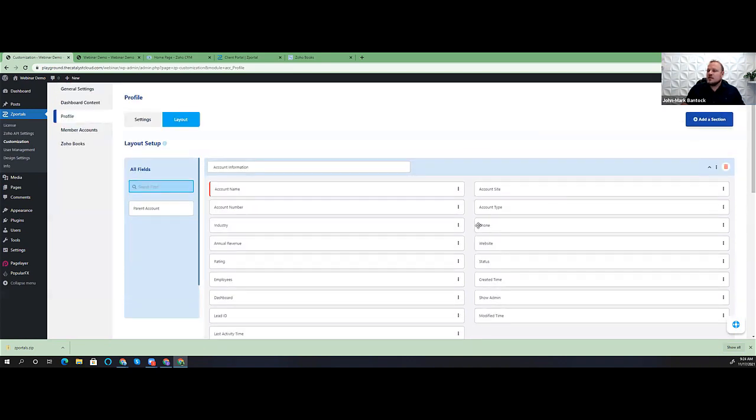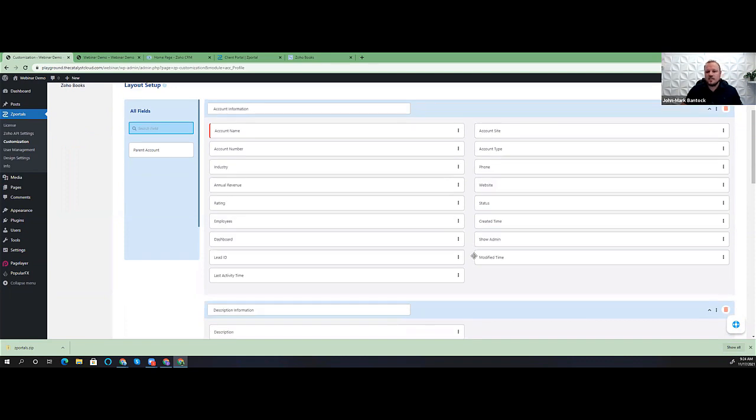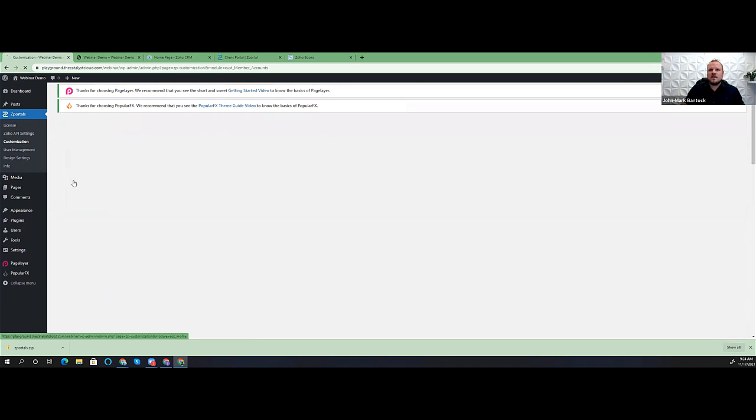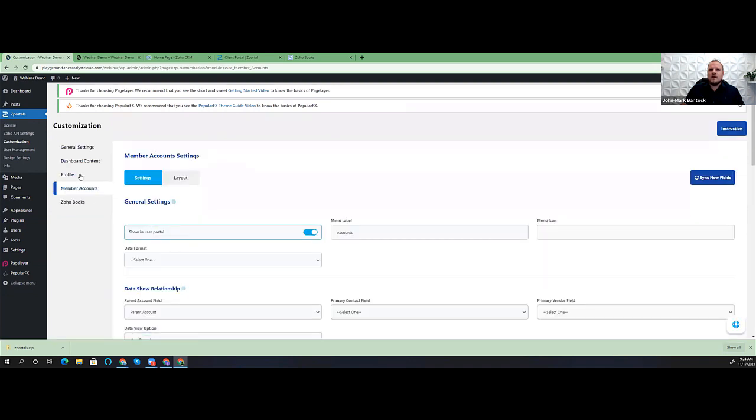So the layout builder is pretty flexible, and a pretty slick addition to the layout builder is the ability to add additional content embedded within the layout. So you can embed videos, images, and text blocks directly within the layout builder, and we'll touch on that here in a sec as well. So once you've gone through and specified the different tabs that you'd like to display in the portal, we can go ahead and